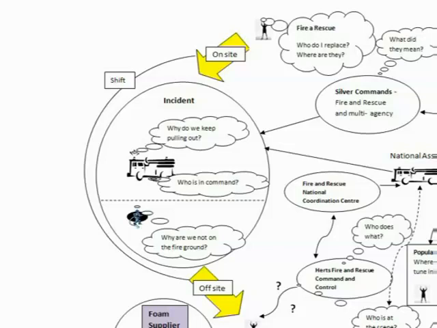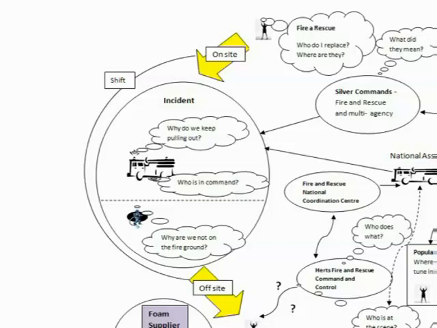Some crews also felt that they were tied up doing jobs other than firefighting that they believed that they shouldn't have been responsible for. These issues are outlined in the thought bubbles. The large yellow arrows represent a single work shift at the incident. At the beginning of a new shift, when firefighters reached the scene, there were occasions when new crews couldn't find the individuals who they were replacing.